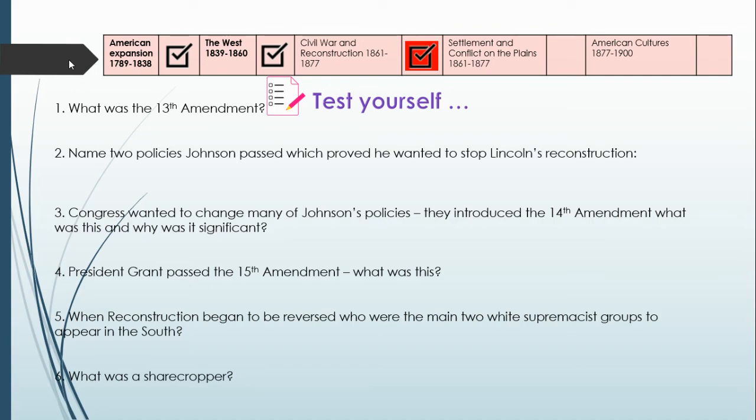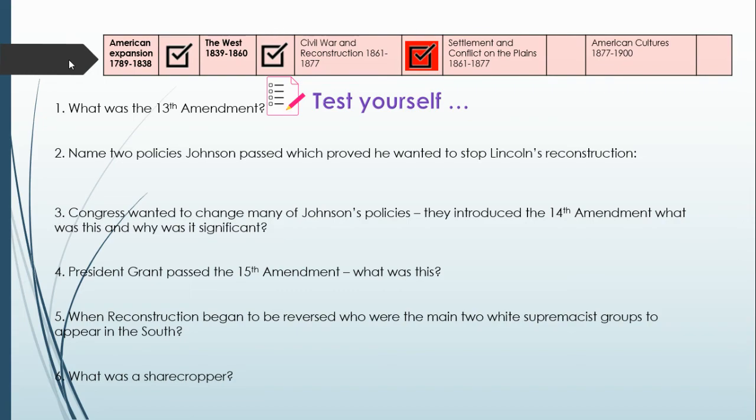However, after Lincoln's assassination, we see Johnson become president, and we see a reversal really of the changes that Lincoln has made. We then see radical Reconstruction, which again gives African Americans hope, as the radical Republicans within Congress try to make life better for African Americans. However, this is once again reversed. President Grant doesn't do what he promised to really. He's scared of upsetting the South and losing white votes. So you need to know that real roller coaster of Reconstruction and how lives change for African Americans during this period.